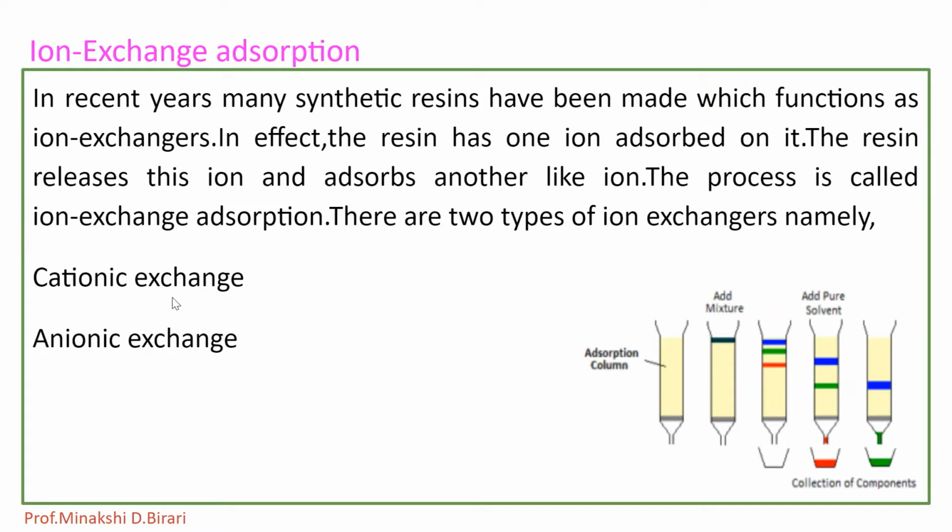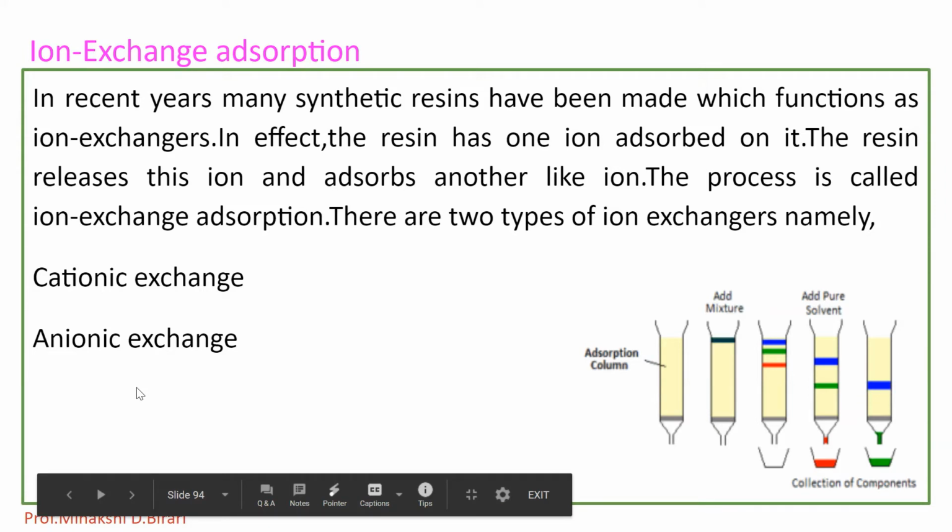Since the cationic exchange is reversible, the sodium salt upon treatment with an acid regenerates the original resin. The second one is anionic exchange. When anions are exchanged, it is referred to as an anion exchanger. A resin containing a basic group such as quaternary ammonium hydroxide will act as an anion exchanger.